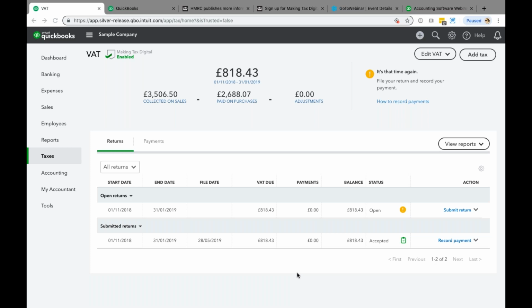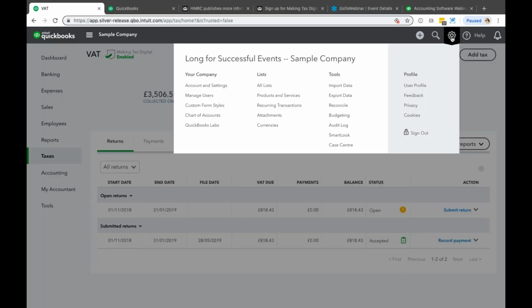Essentially, you should try and get all the information in QuickBooks, especially for that VAT period. That means you can do the standard VAT submission from this screen. If you moved from another software, and you have maybe 20 or 30 invoices that needed to be added to QuickBooks, we actually have a tool, and I'm just going to show you. It's in import data, and it's actually to import invoices in bulk. Okay, so if you're trying to get a lot of data into QuickBooks and you want to move it in one go, maybe take a look at that import data option. So that's the most straightforward, but